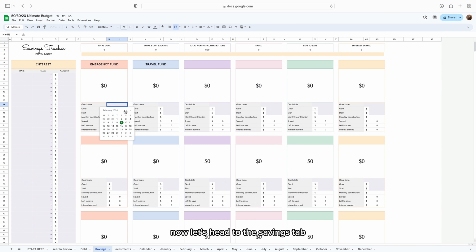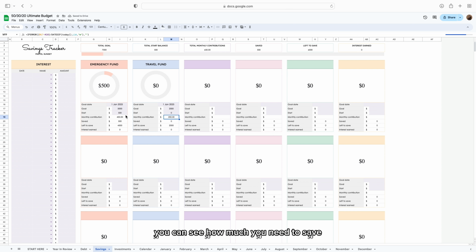Now let's head to the Savings tab. To choose the goal date, double-click on the cell or write the date manually if you are using the template on your tablet or phone. Then write down your goal amount and how much you have already saved up. Leave the start cell and goal cells blank if you haven't yet started saving up or don't have a specific goal in mind. In the monthly contribution cell, you can see how much you need to save monthly to achieve